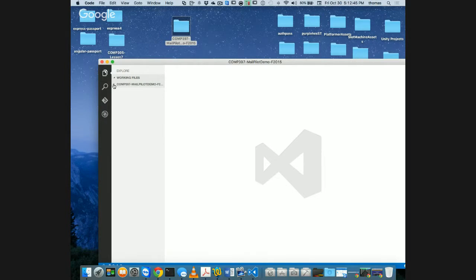Now what's going to happen? Workspace here on the left, and what you have is if you hover over the toolbar, it says COMP397, and there's a couple of buttons here. There's the plus button for the file. There's a plus button for folder. There's refresh, and there's also collapse. Okay, so you should have this kind of working set right here. Okay, so now I've got control of my